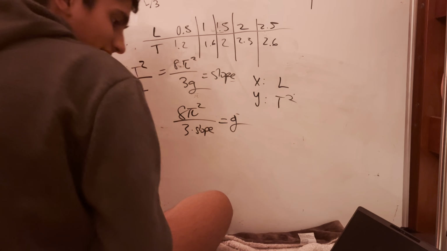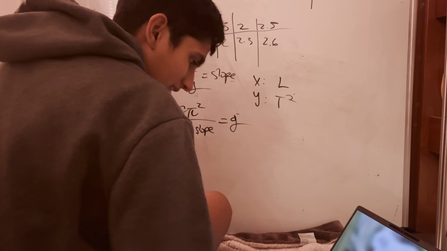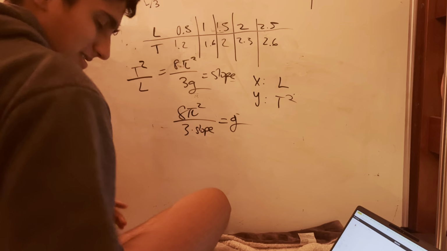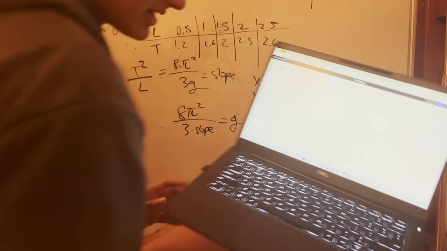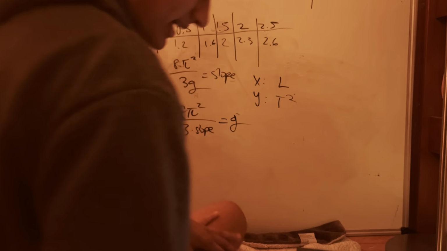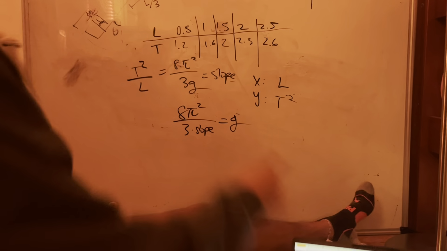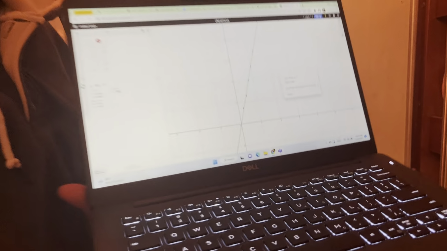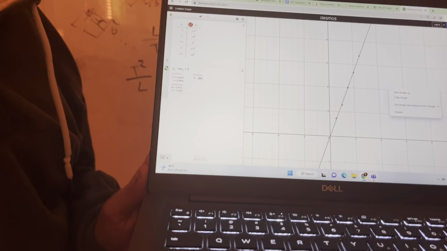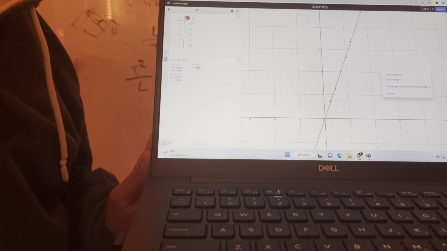And since I don't have a handy dandy paper, I decided to use Desmos. So what I did is I basically graphed L on the x-axis, and on the y-axis I graphed T squared based on the values in the table. And so this is what I got, and then I used the fancy Desmos hack to draw a line of best fit and to figure out the slope,